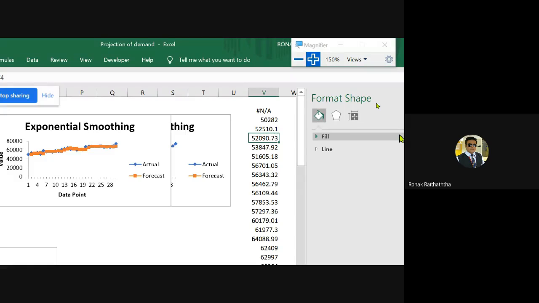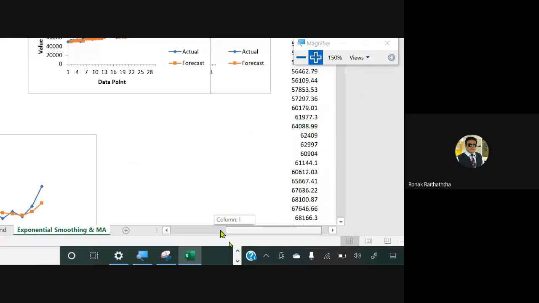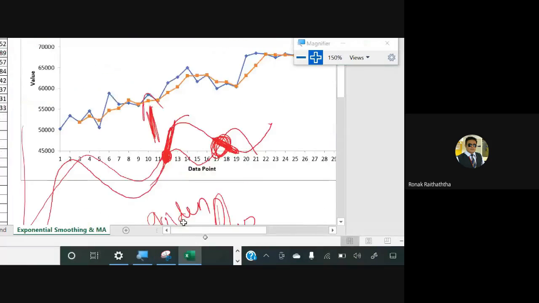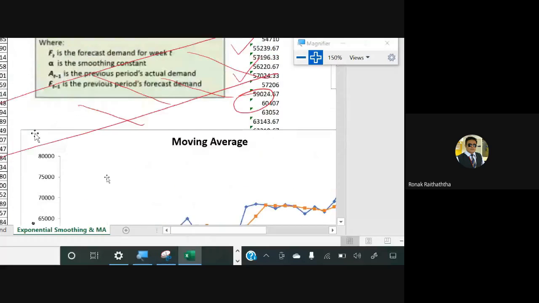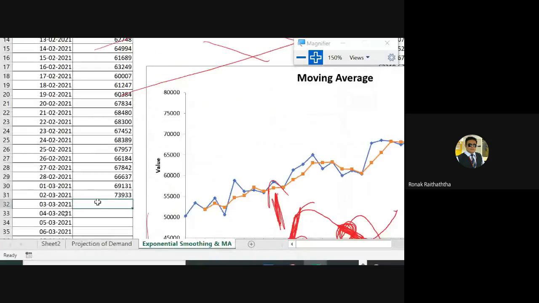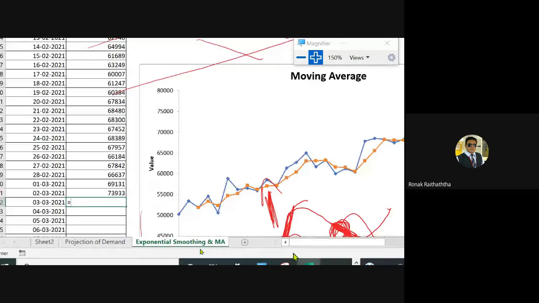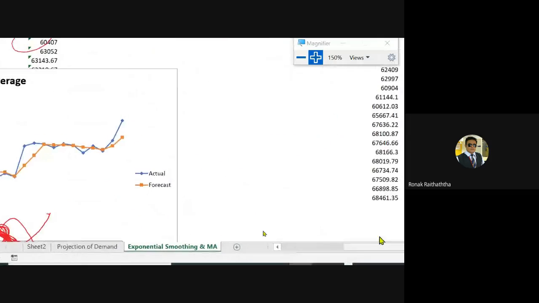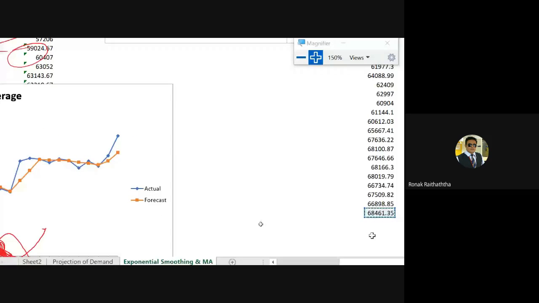You may analyze the differences between the two as well. Now, say if I want to predict it for the 3rd of March over here. Let me go over there in the data. Yes, I was there on the 3rd of March, right? If I want to predict it for the 3rd of March, then what will I do? The exponential smoothing I have done for the 2nd of March, that's going to be the prediction for the 3rd of March. So 68 is going to be the prediction from my side for the 3rd of March.